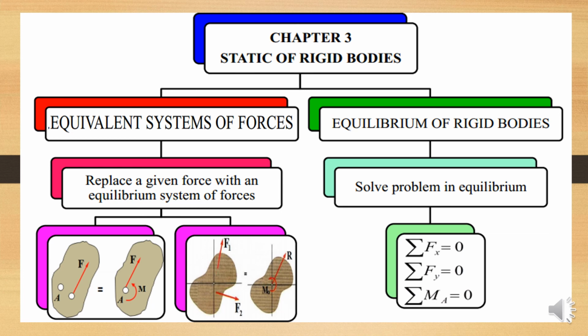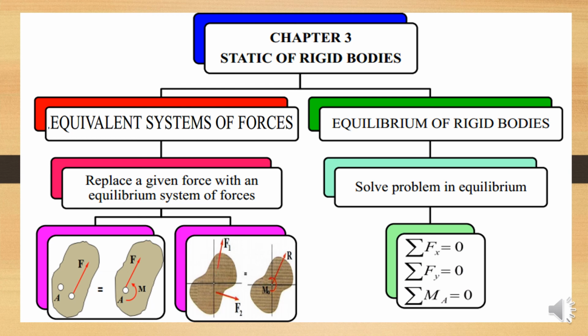In this part, we will learn how we can replace a given force with another system of forces which is considered equivalent. For example, we will learn how to introduce a moment, and calculate the resultant of the moment and the resultant of the force